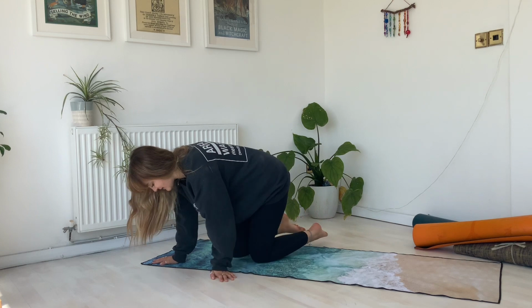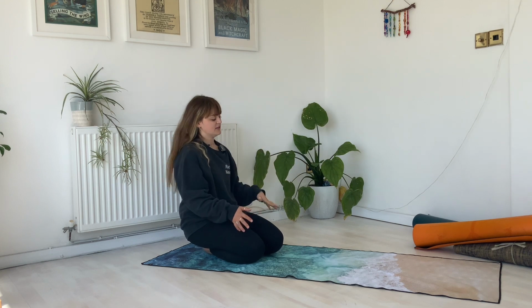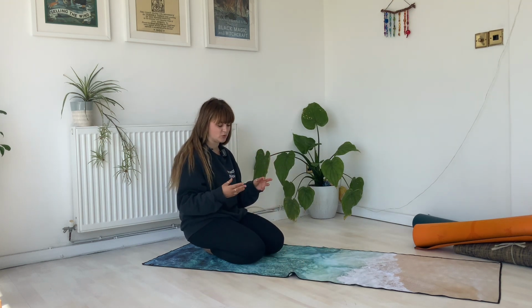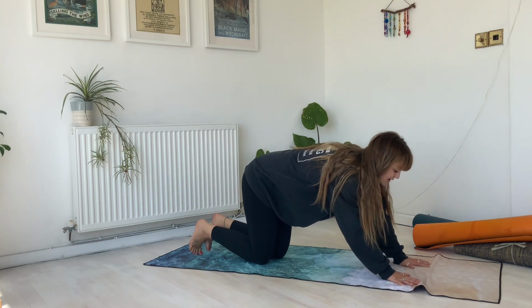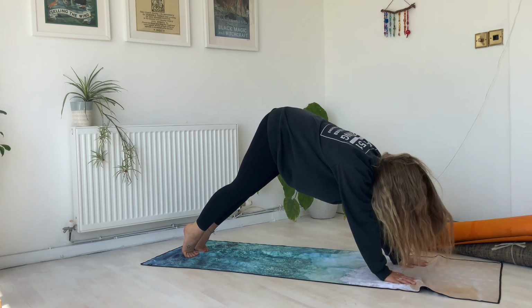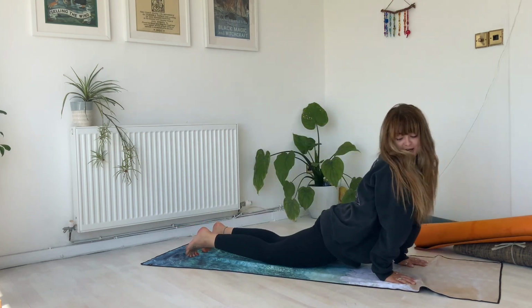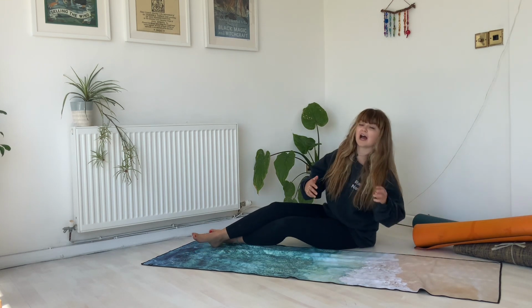I use this mat for beach yoga. I've used my friend's mat for beach yoga when I didn't have one at the time. So this yoga towel is absolutely stunning. I mean, look at it. It's beautiful. It is perfect for being on a beach. It's got great grip. You feel super comfortable. Maybe it's not as grippy on my little wooden floor, but